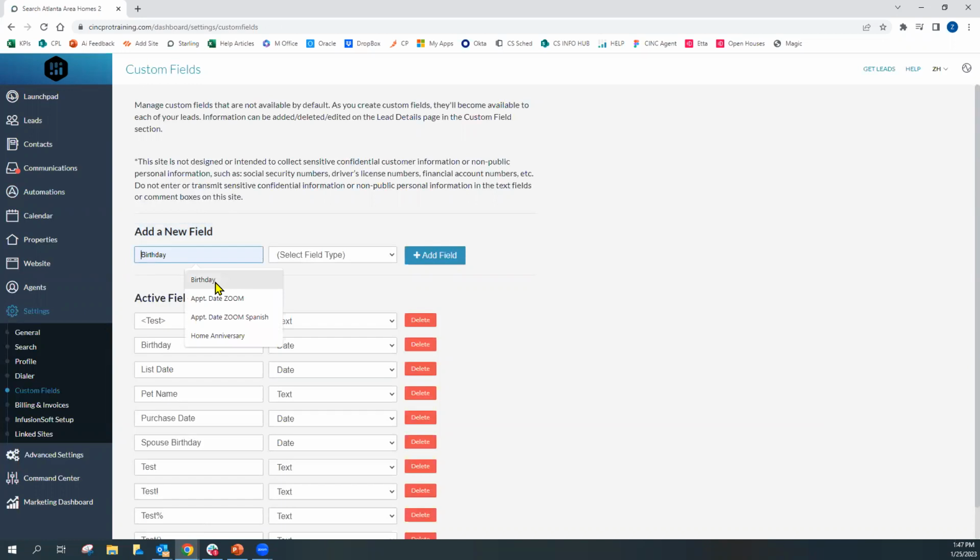So when I want to add someone's birthday, I now have to decide which type of information I'm collecting. Generally speaking, for a birthday, it's a date. So I would select a date option and I would select add field. Maybe I wanted to have something like